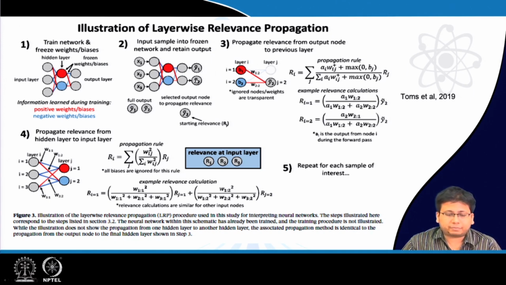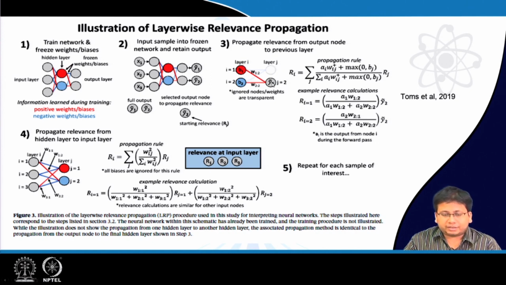That is, we calculate some quantity known as relevance, and then we propagate it backwards. So let us say we are focusing on this particular output node, and the relevance value is initially set to this y2 value itself. Now this value is connected to these input nodes, then this input node is connected to these two hidden nodes, and so on. So whenever we see this kind of situation, that is two successive layers i and j,